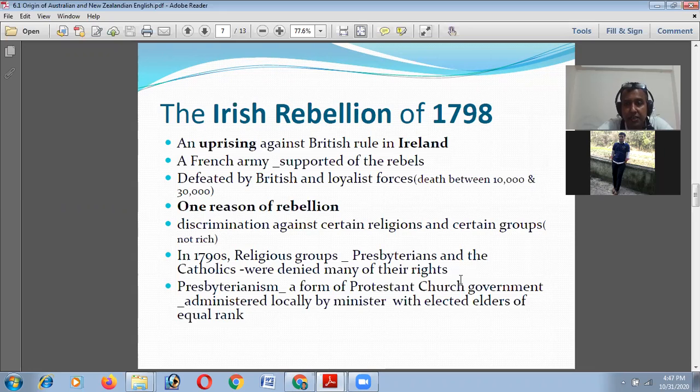The Irish revolutionary group were supported by French rebels, but they were defeated by the British government. And why did they revolt against the British government? The Irish rebellious group revolted especially because of religious discrimination. Some religious groups, the Presbyterians and the Catholics, were denied many of their rights in the UK. For this reason, the Irish rebellious group revolted against the British government. However,